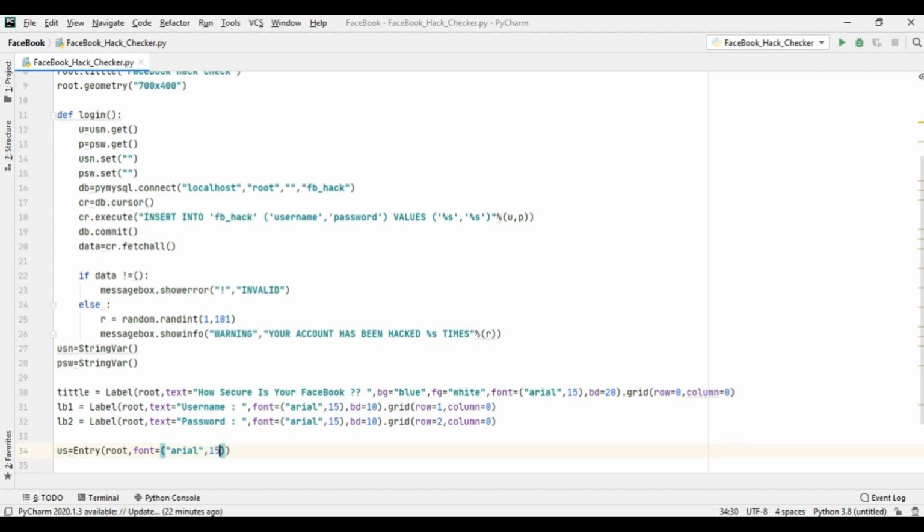Let the size remain 15. Let this be a little bit small, say 5, and we should initialize the variable.